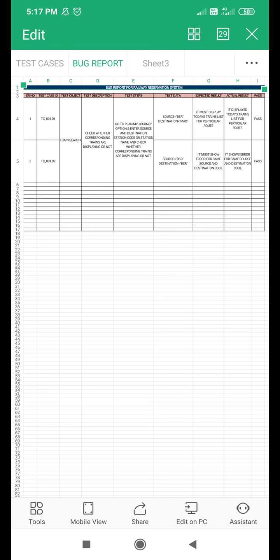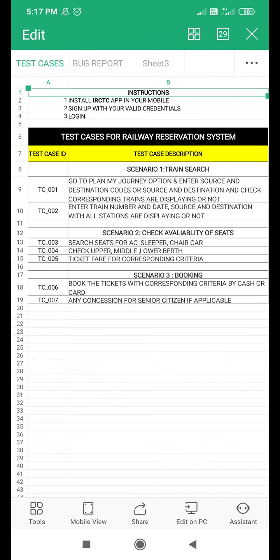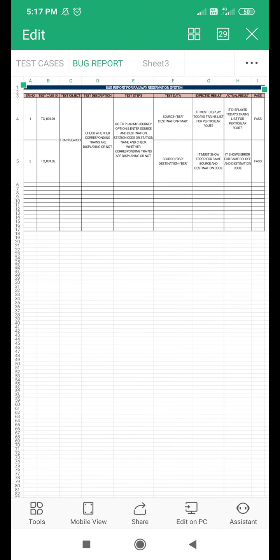You need to apply the remaining test cases on the IRCTC application and log your test cases below this first test case. Update this Excel sheet and forward it to me on my personal WhatsApp number, in personal chat.